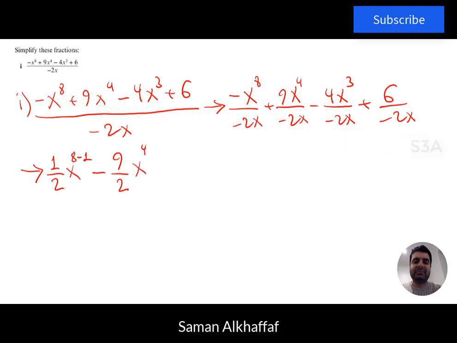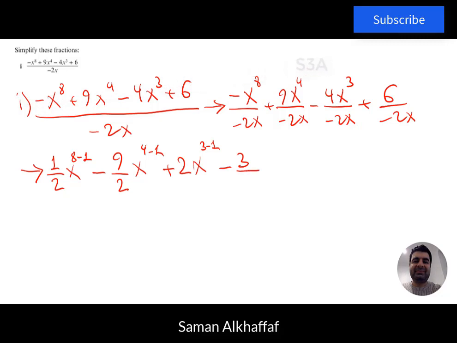We move the x from the denominator, so it becomes a minus 1, and here we have minus and a minus 2 at the denominator, so that makes it a positive. 4 divided by 2 gives us 2 x to the power 3, and we take away 1 from it, and then we also have another negative in the denominator here, and we have 6 divided by 2, so that would give us minus